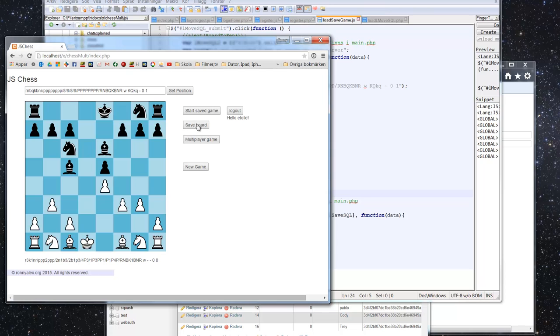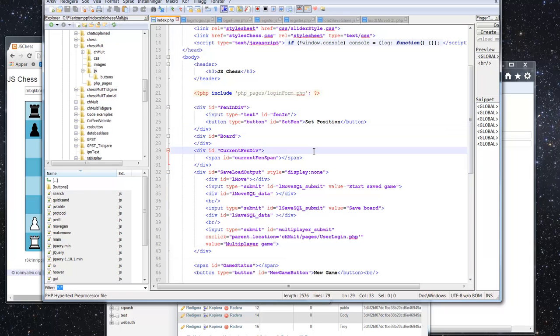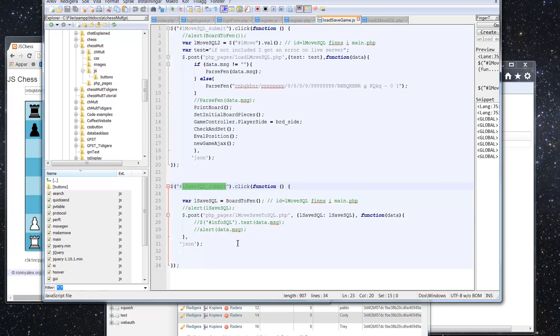And how do we do this? Well, when I push save board here, I'm gonna call the JavaScript here, lsave SQL submit. I'm gonna go to index because this is where we have the save and load output div. So this is the lsave SQL submit underscore submit. So if I check, if you remember this one, lsave SQL submit, I go into load save game, here we have it. So when we push this, we do